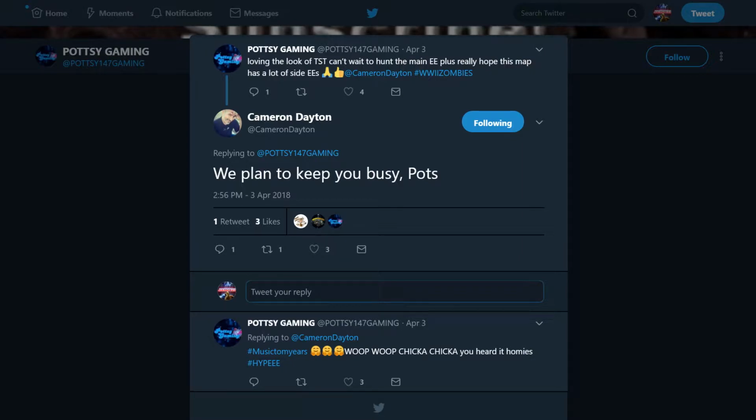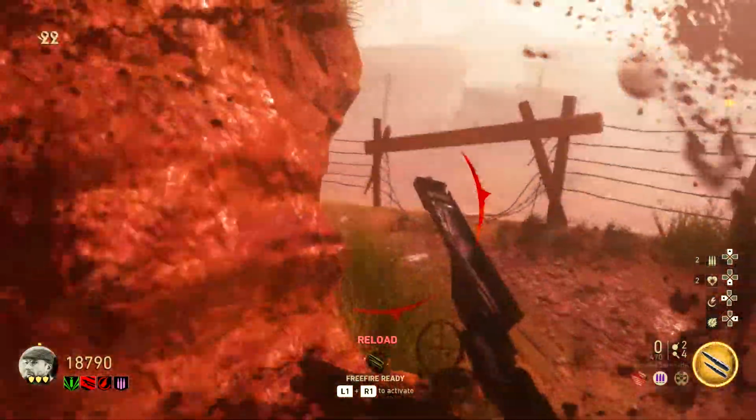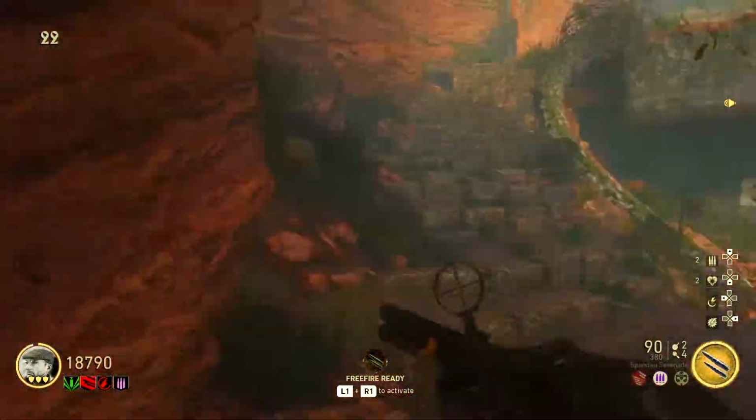But he said, we're planning to keep you busy, Pots, which obviously means that, of course, they don't only have a main Easter egg in this map, they also finally have incorporated side Easter eggs. It only took them 2 DLC maps. They have finally incorporated side Easter eggs inside of World War II Zombies, the Shadow Throne, which is awesome. Hopefully, like I said, one of those Easter eggs is the Pack-a-Punch, double Pack-a-Punch